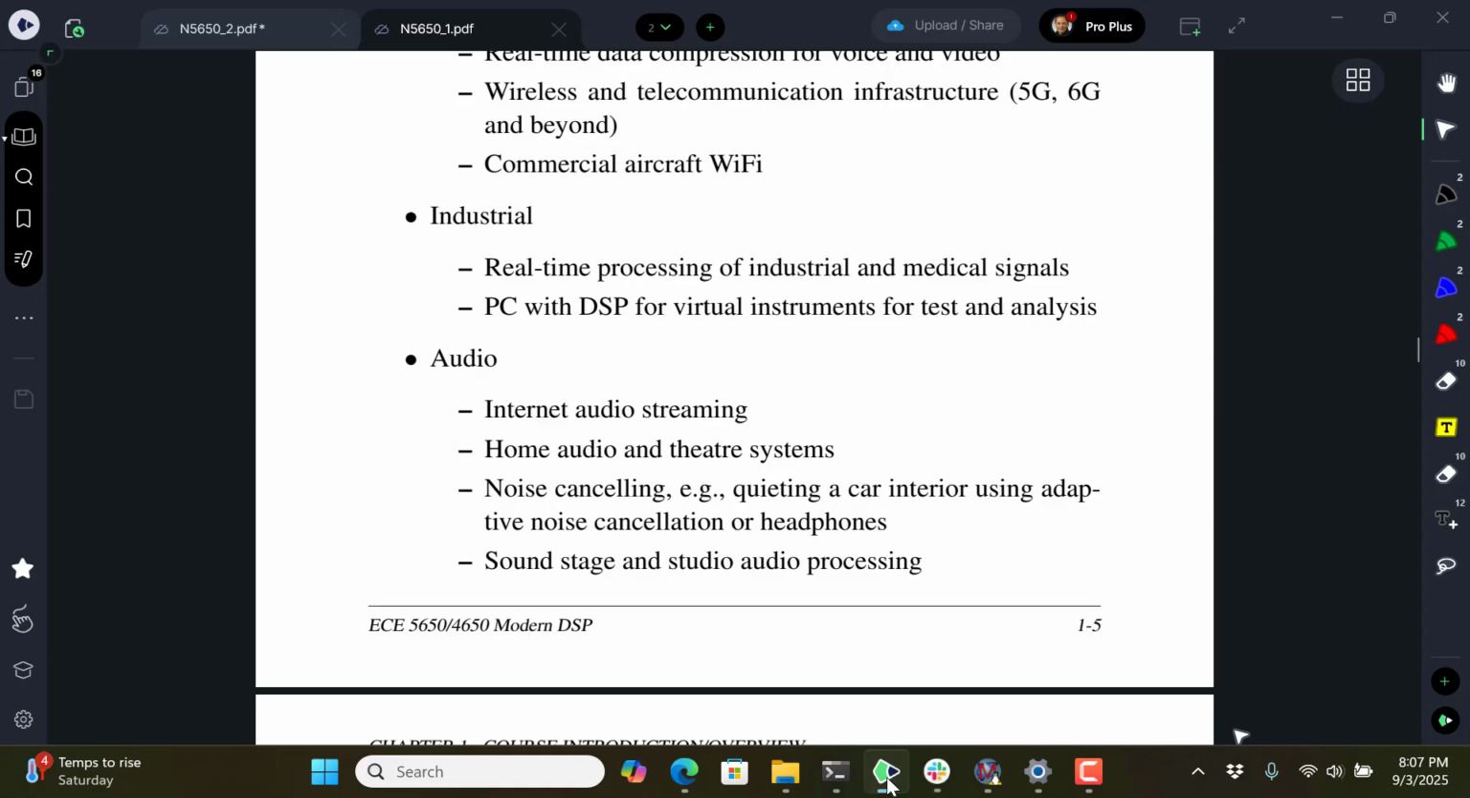In industrial, I've got grouped into that, medical signals. That's been big and continues to be big when we're going into imaging with ultrasound for medical applications, MRIs for looking at parts of our bodies when we're under medical investigation for some issues. And then there's also a lot of DSP and virtual instruments for test and analysis where we can do things